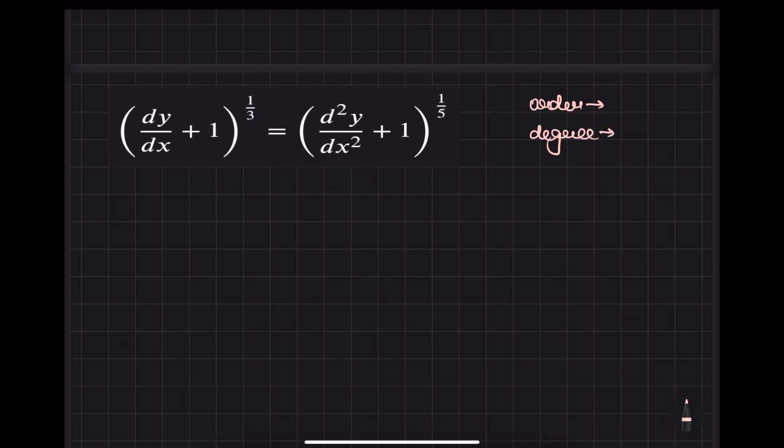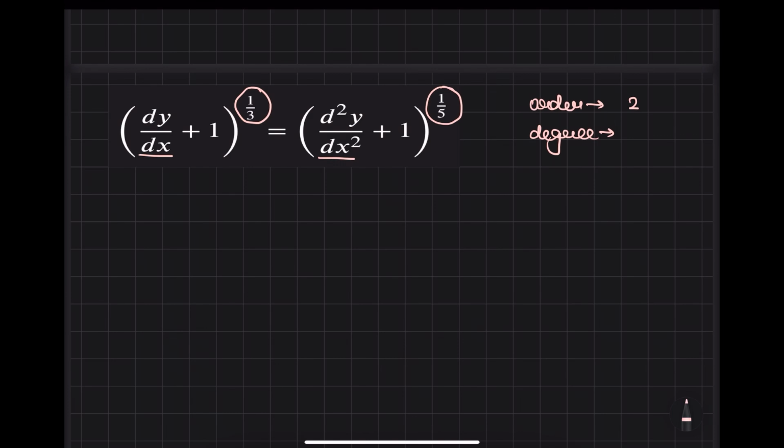Now look at here. If you observe, for order you have to observe the differentials. So the highest differential is 2, so order is 2. But for degree we have to convert it into polynomial form. So we have to get rid of this 1 by 3 as well as this 1 by 5. So what we will do, we will take power 15 on both sides, meaning the LCM of